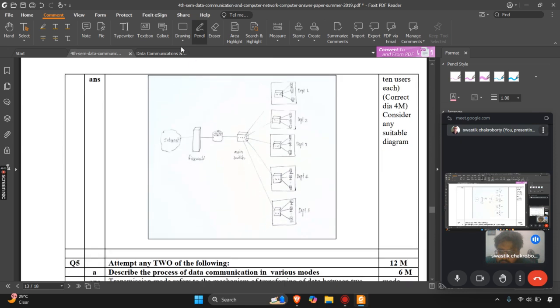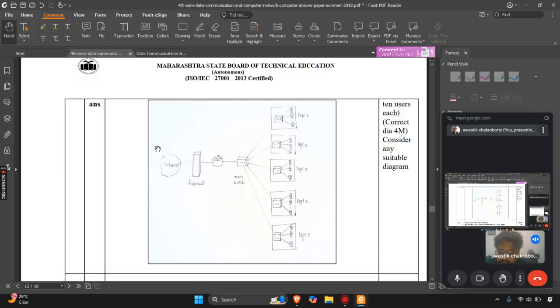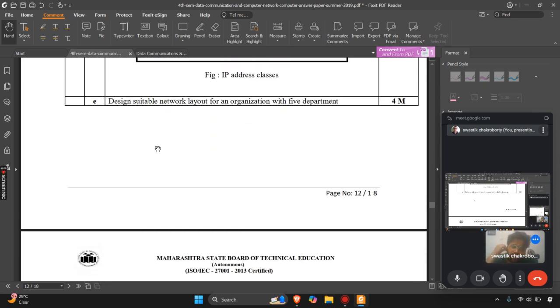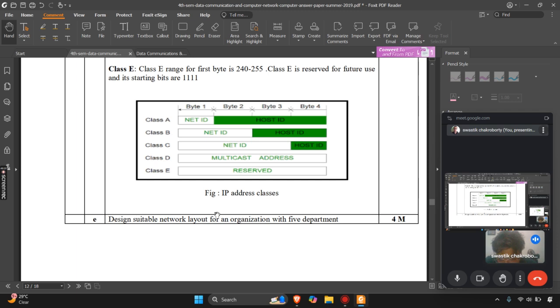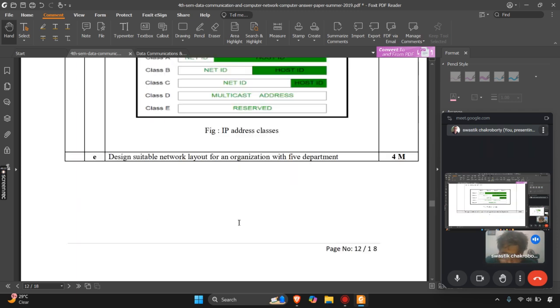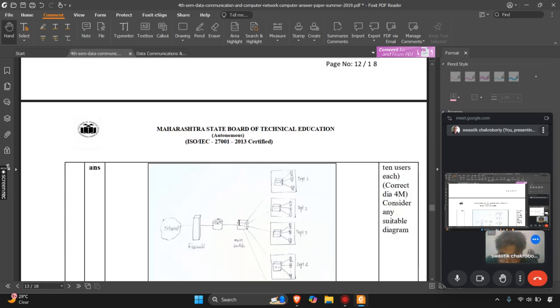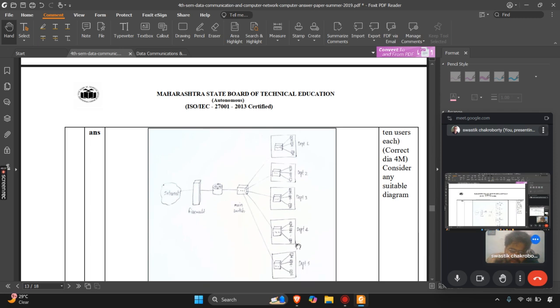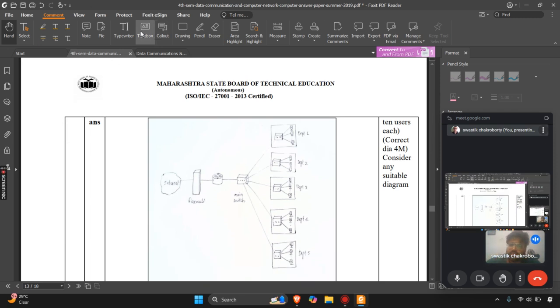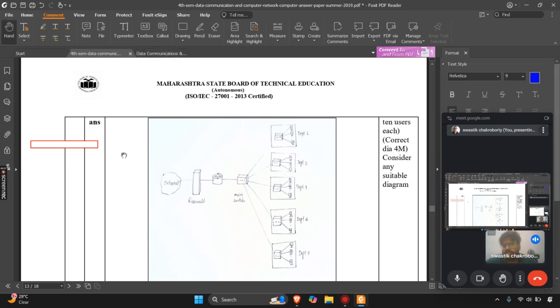And now there is another design problem. Here they are asking for a suitable network layout for an organization with 5 departments. So there is an organization with 5 departments: department 1, department 2, department 3, department 4, department 5. Here the explanation is that